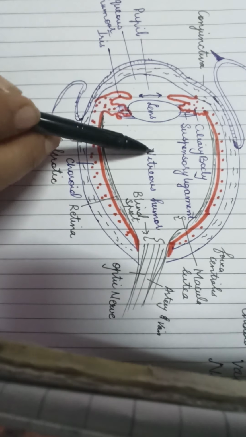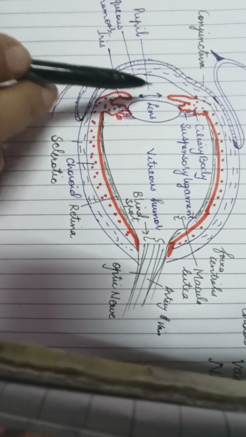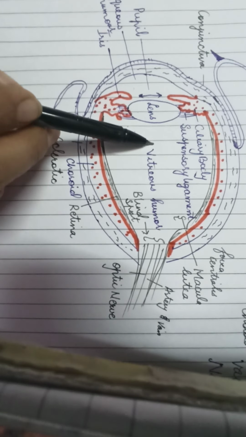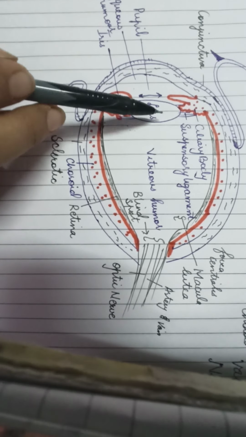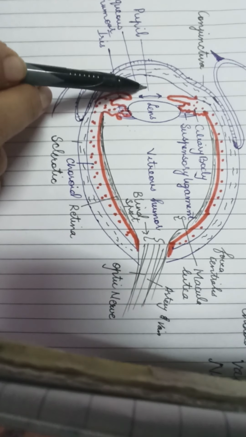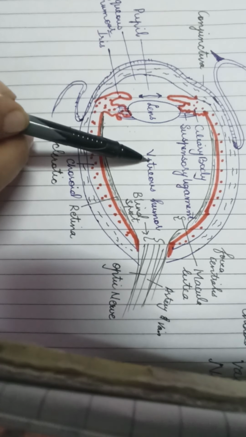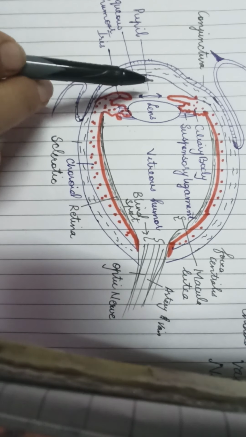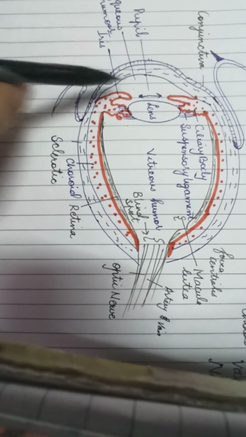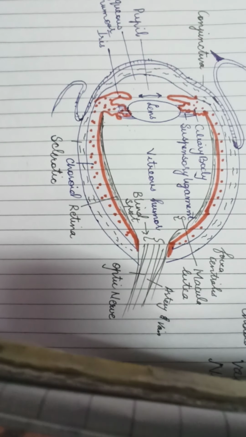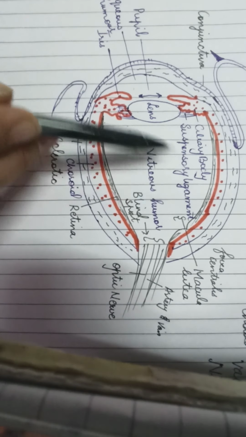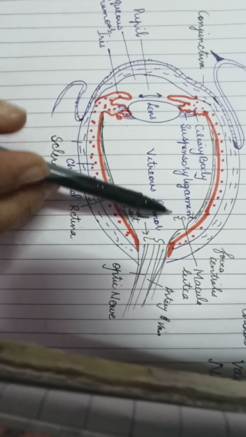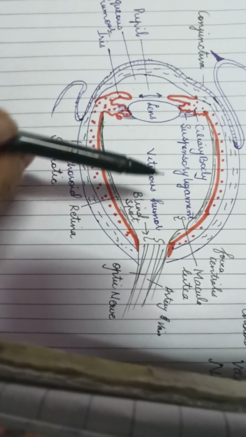Now aqueous humor and vitreous humor are fluids, and they provide nourishment to the cornea and to the lens. So you know that aqueous humor can be replaced, but vitreous humor cannot be replaced. If there is an obstruction so that the aqueous humor can't be replaced, then it may lead to a disease called glaucoma, and that may change the pressure in the eye, which may damage the retina, and it may cause blindness. But vitreous humor is not replaced.